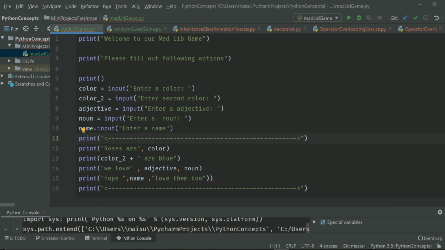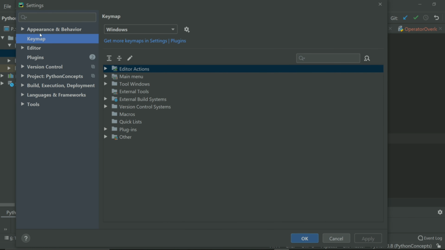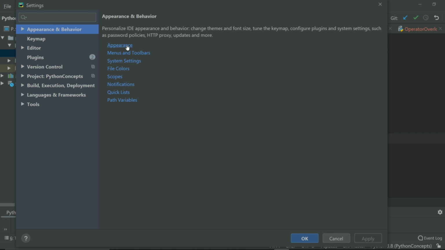Today we'll be focusing on how to increase the font and change the style of the entire layout of the PyCharm application. So we will be focusing on how to increase the size of each of the files written, the name of the font of the entire display of PyCharm, and the colors which you can possibly select for PyCharm. So click on File, go into Settings, then click on Appearance and Behavior, and inside that click on